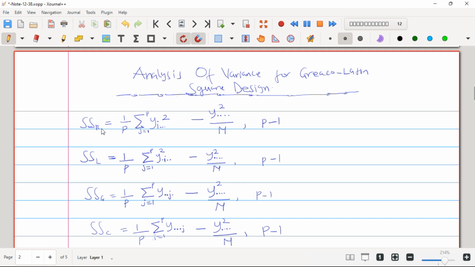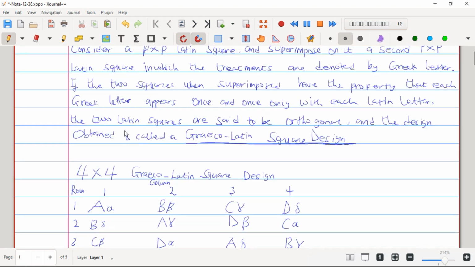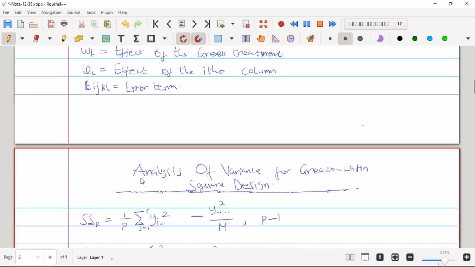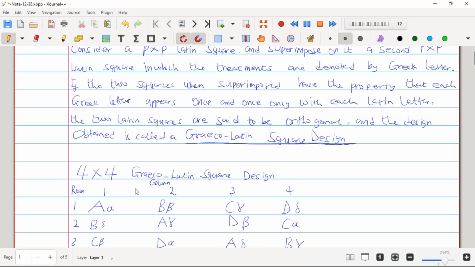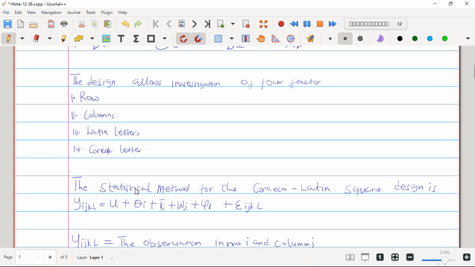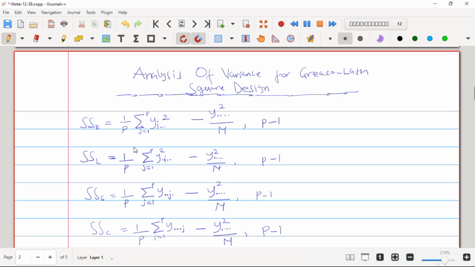So here we have 1 over p, where p is the matrix size of the design. Here we are having a 4 by 4 design, so p will be 4. If you have a 5 by 5 design, p will be 5. So here we are having 1 over p, summation of the individual rows all squared,